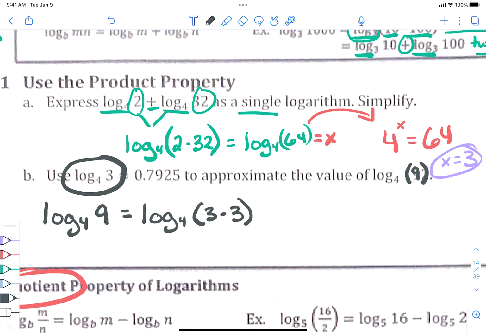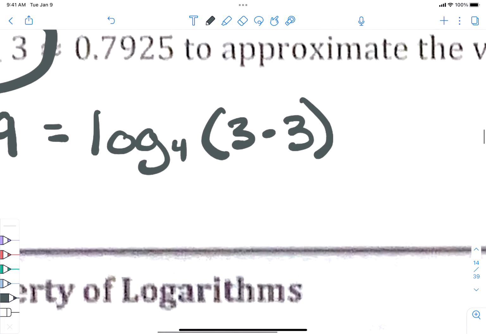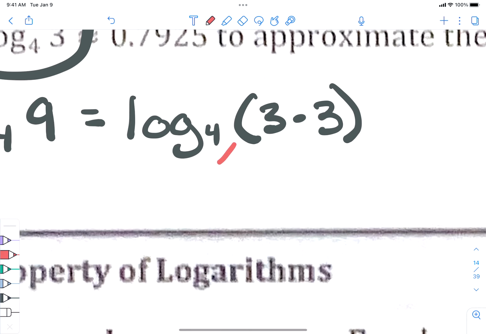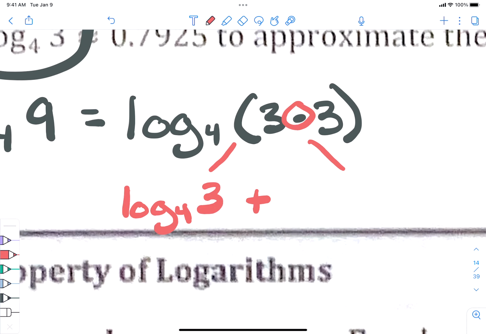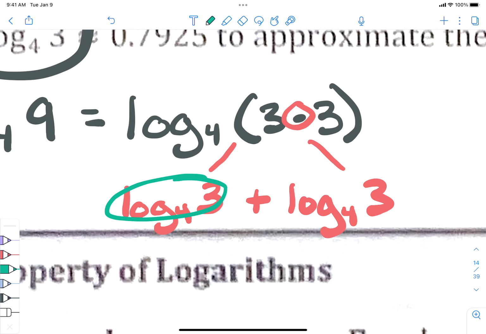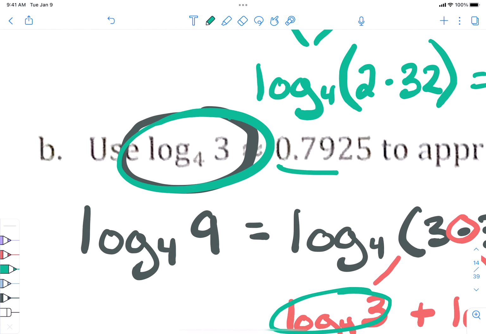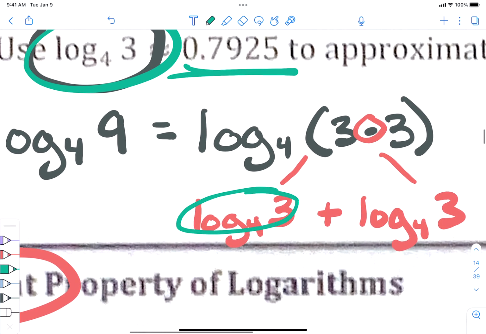Okay, I'm going to write it as 3 times 3, right? So we're multiplying the 3 and the 3 together. And if I want to break those down into 2 pieces, multiply means add. So that now is going to become 2 logs. Log base 4 of 3 plus log base 4 of 3. There's 2 logs multiplied together as 1 unit, now split into 2 logs added, right? But what is the value of log base 4 of 3? They tell us right here, log base 4 of 3 is